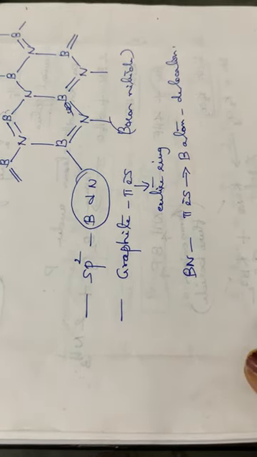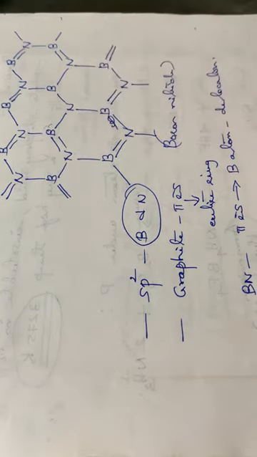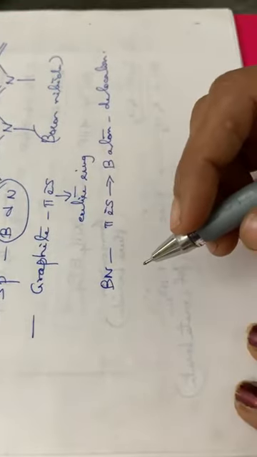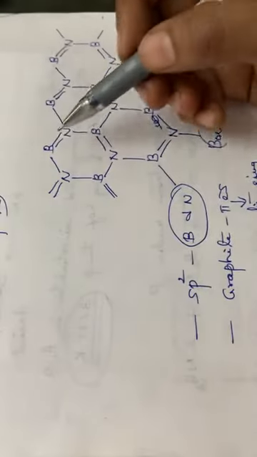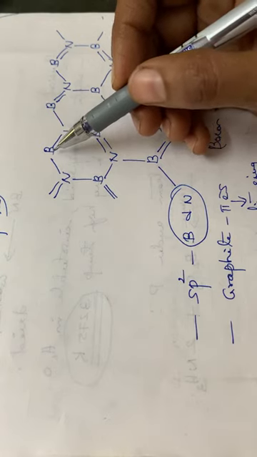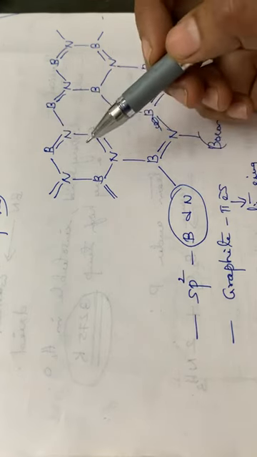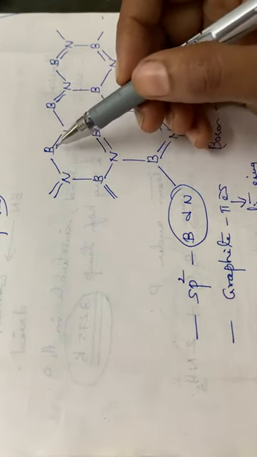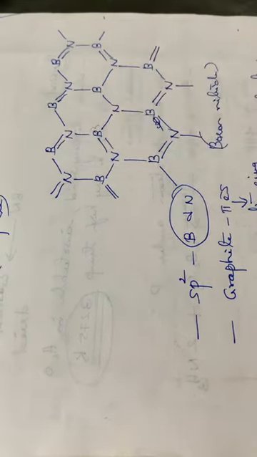Therefore we can say that the BN bond distances are always unequal. See, boron nitride will be having delocalization, and hence the BN distances will be unequal. And also one more point is about the layers. While the next layer is coming, the boron atoms in one layer will be immediately above the nitrogen atoms in the adjacent layer. Okay, that is how the arrangement will be going on. So this is about the structure of boron nitride.